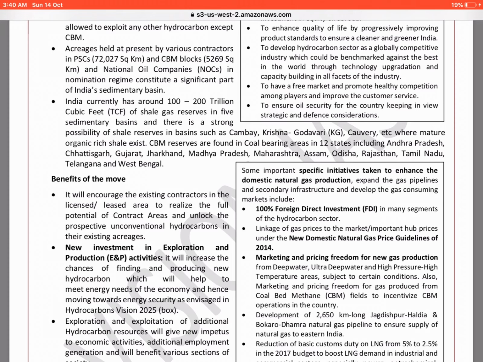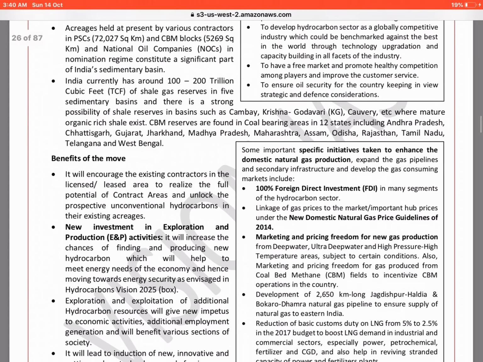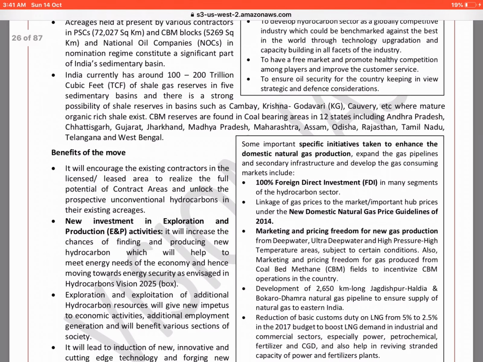So what is the benefit of such a move? So that I've explained you. Now what will happen is that earlier the minerals which were not being able to be exploited, and the gases which were released into the atmosphere, so now if we tap it, so